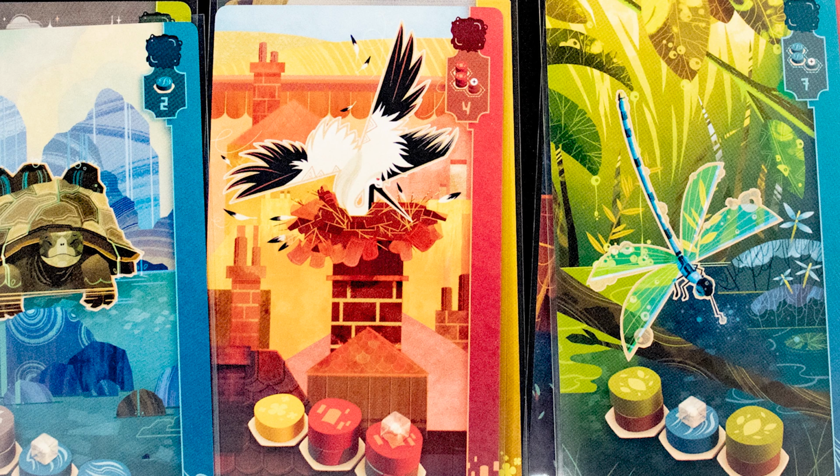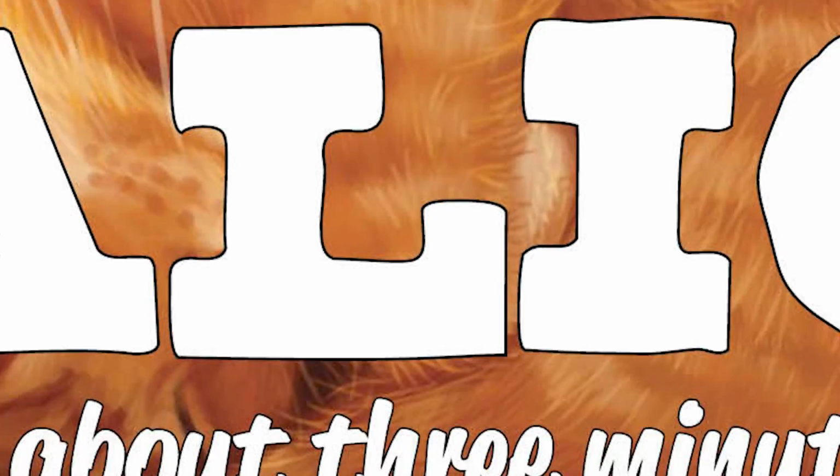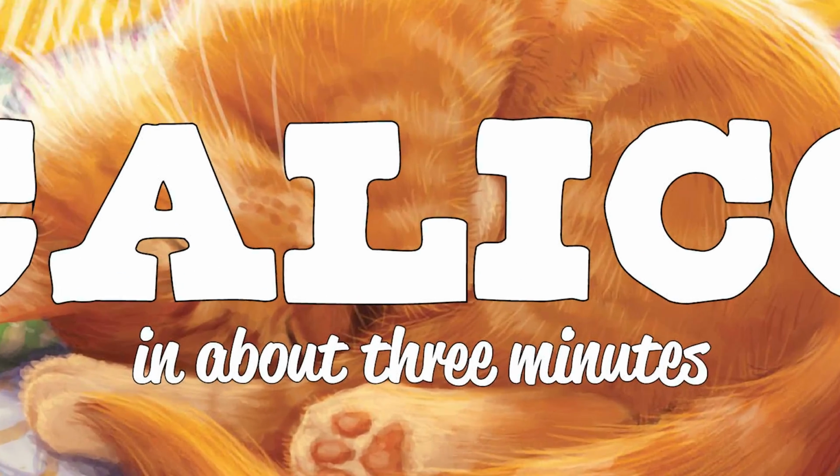And the nature spirits are a little swingy and dramatically change scoring. Treat them like an expansion and add them to the game later. For something a bit more nasty, try Azul. And for something a bit tighter, try Calico. Harmonies. Now this is an